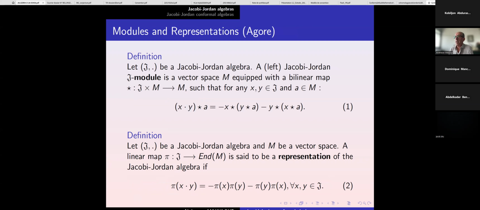Now, what about representation and modules of this type of algebra? Then we can define in two different ways these structures. First, if we start with G a Jacobi-Jordan algebra, a left Jacobi-Jordan G-module is a vector space M equipped with a bilinear map from G times M to M, satisfying this condition. In fact, if you have a Lie algebra, then you have plus here, then you can see that minus signs appear here, then they will appear last in this talk. And similarly, we can also define a representation to be a linear map from G to the endomorphisms of M, satisfying this condition. These are the two concepts, the G-module and a representation of